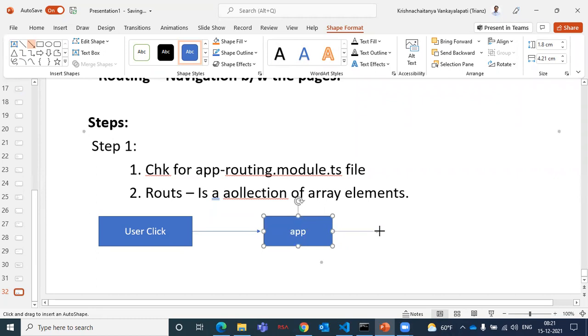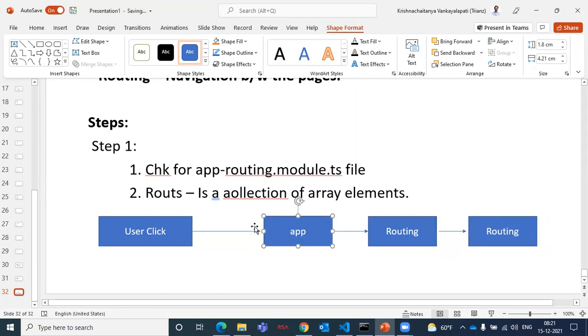Then it will go to the routing. From the routing, it will choose which component to load, and then it will load a component. So this is nothing but your component. The component is responsible for getting the incoming request, and it will post a call to the database server or API call.